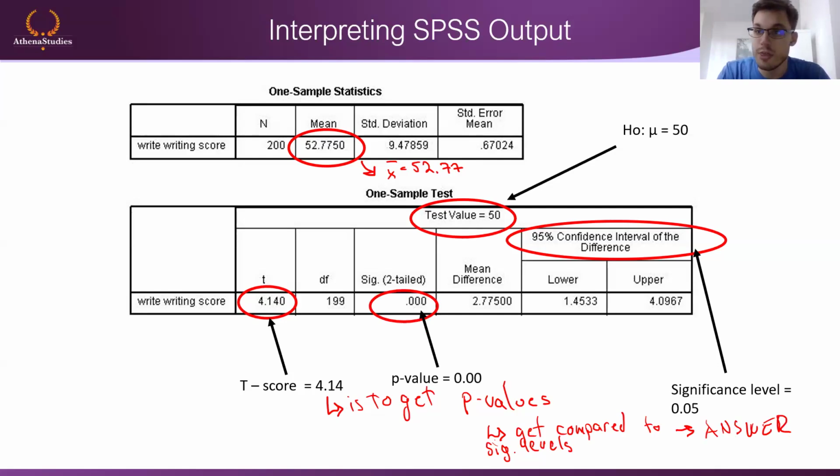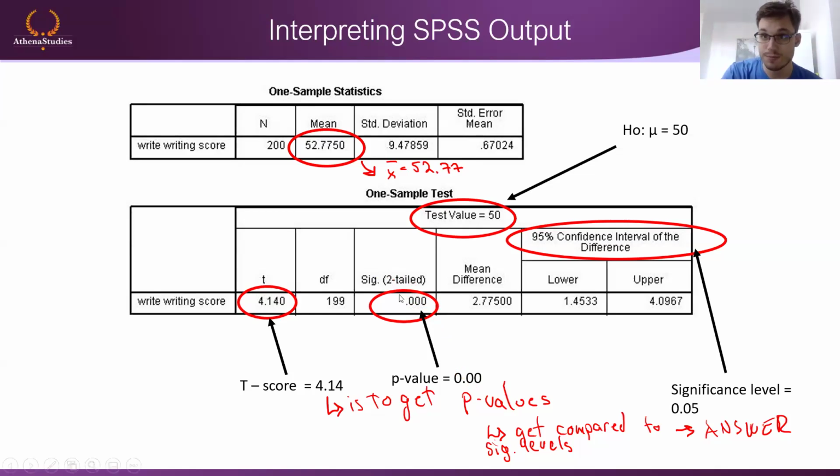You can see here, the SPSS output actually gives you the p-value itself. If you were to do this by hand, you would first have to calculate the t-value, then the t-test value, and then go into those tables, find the p-value yourself, and then get to all of this. SPSS is a bit nicer because it gives you everything by itself. You can see here, it already gave you the significance. It says 0.00. What does this mean? There's a mom. I'm 100% sure. Good job, son. Reject that, right?